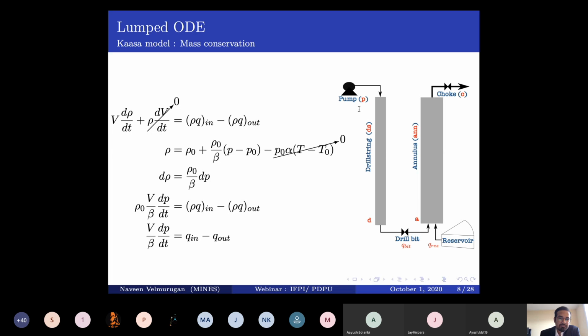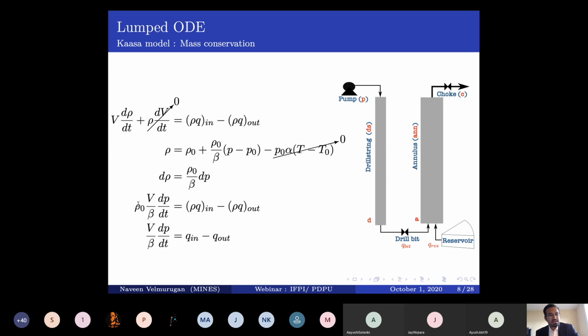So if you have to do that, we represent the density as a function of pressure that is shown here, that is given by the equation of state for liquid. This is an approximate representation of how your density will vary with respect to certain pressure. Here, rho 0 and P0 are the reference pressure and density. Beta is the bulk modulus of the liquid. So you get this differential equation. You substitute this particular equation in the previous one. You get the mass balance equation.